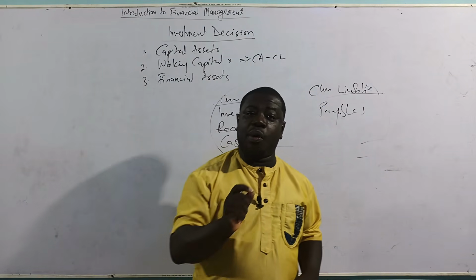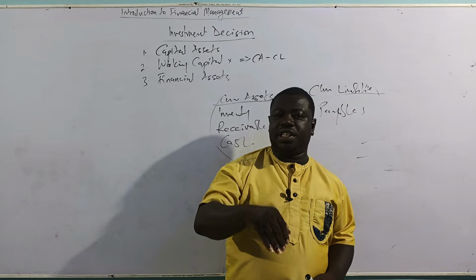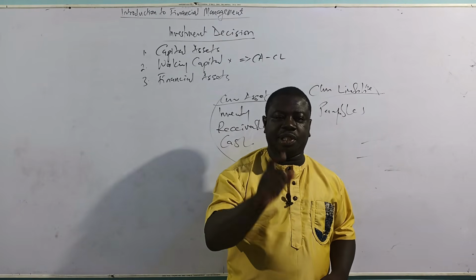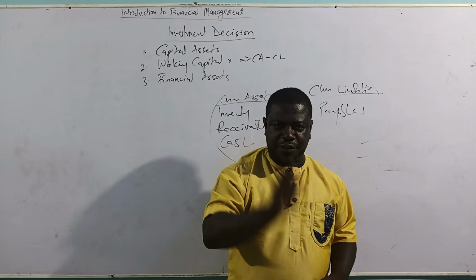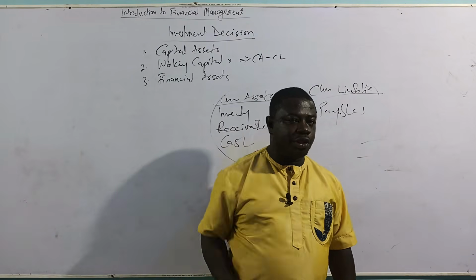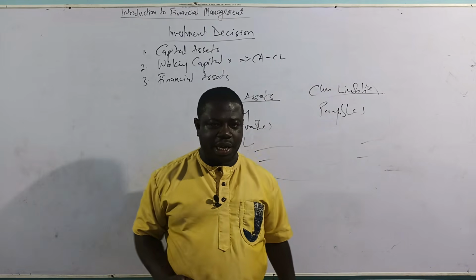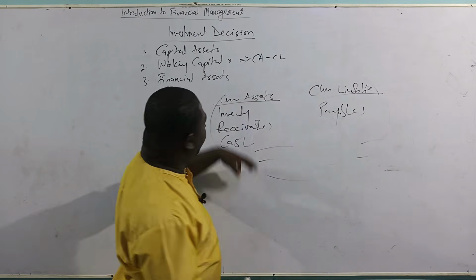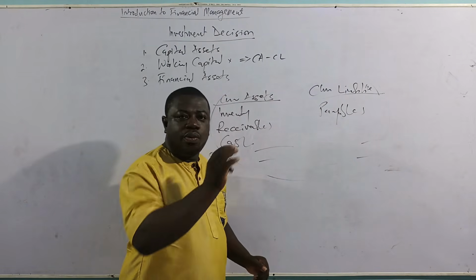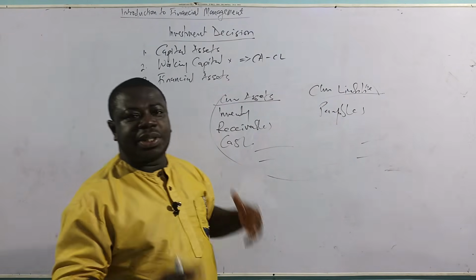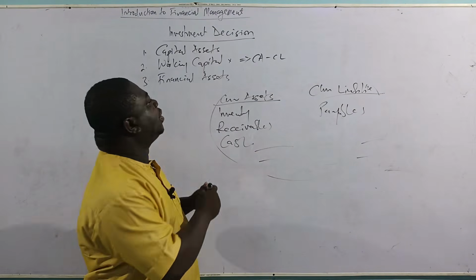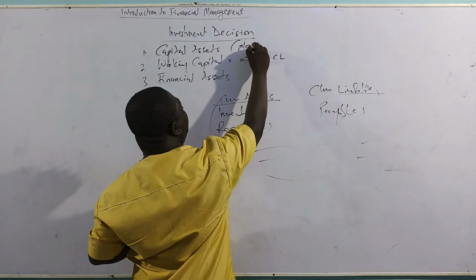If you do proper working capital management and you invest the right amount of money into your working capital, it is going to give you the optimum returns from the investment that you have made, so that you solve your problem of insolvency. Now, that is what working capital is about. I'll pick it up and delve deep into it. And then let's look at capital assets. What are capital assets about? Capital assets are basically non-current assets. When we say you are investing in capital assets, you are investing in non-current assets.